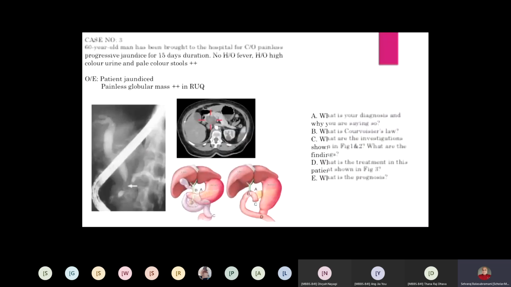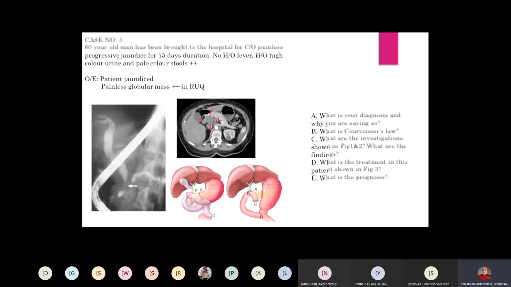But what is the prognosis in these patients? The death to incidence ratio is 1. Yeah, what is 1? The death to incidence ratio is 1, which means all of them are going to die. You cannot save even a single patient. This is just like a death sentence. If somebody is going to get pancreatic cancer, definitely they are going to die. Whatever is the stage, they are going to die.